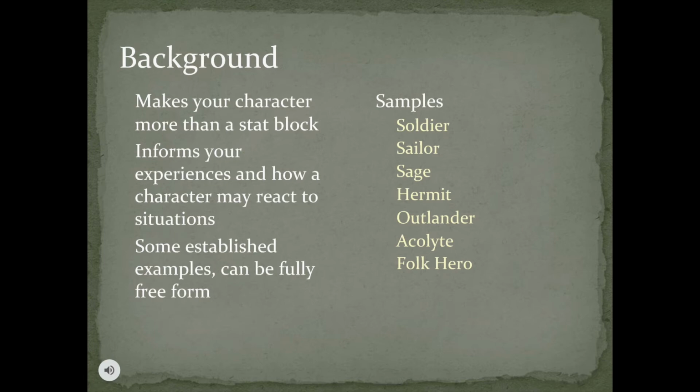The archetypes do help a little bit more. So some of the established backgrounds are soldier, sailor, sage, hermit, outlander, acolyte, or folk hero. Each of these gives you a little benefit of the people you know. Soldier, you can pull rank. A sailor can get free passes on ships. A sage knows where to look for information. A hermit is good at finding things in the wild and living alone. The outlander is much the same, but they are also good at traveling. The acolyte can establish free stays with allied temples, and the folk hero can leverage their legend to get free stays at inns. Stuff like that.